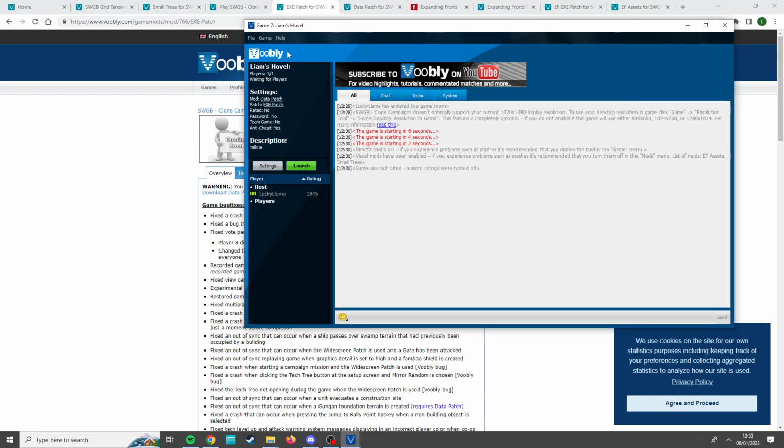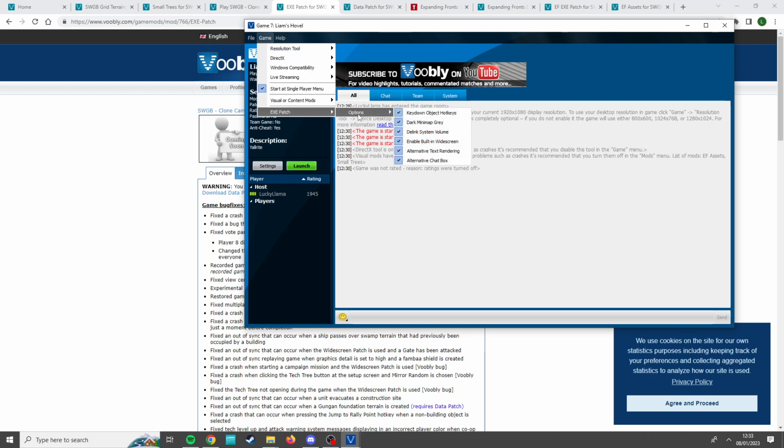Now what the EXE patch also does for us when we come down here, so these are the visual content mods that we talked about before. You could just enable them there, but you download them from those links. Go into the EXE patch, we've got key down object hotkeys. That basically just makes the hotkeys activate as soon as you press them down rather than release them. Dark minimap grey, pretty obvious, just makes the grey player colour look a bit darker on the minimap, easier to see. Delinking the system volume basically stops this controlling the game volume and lets you control it properly in game,